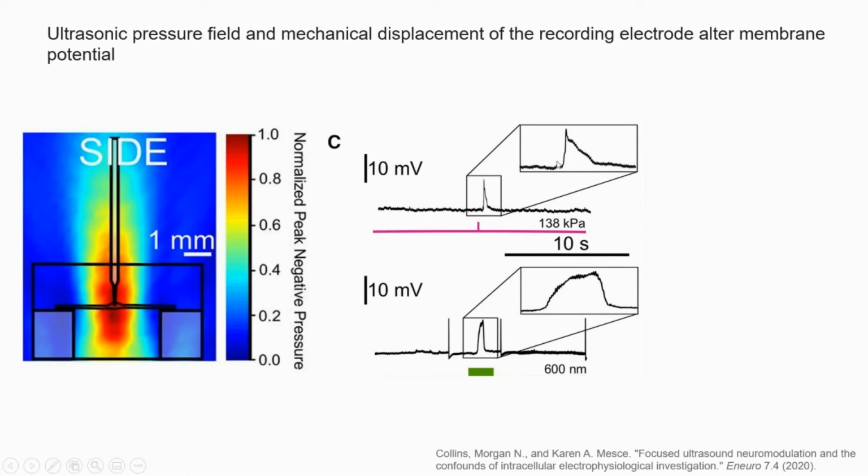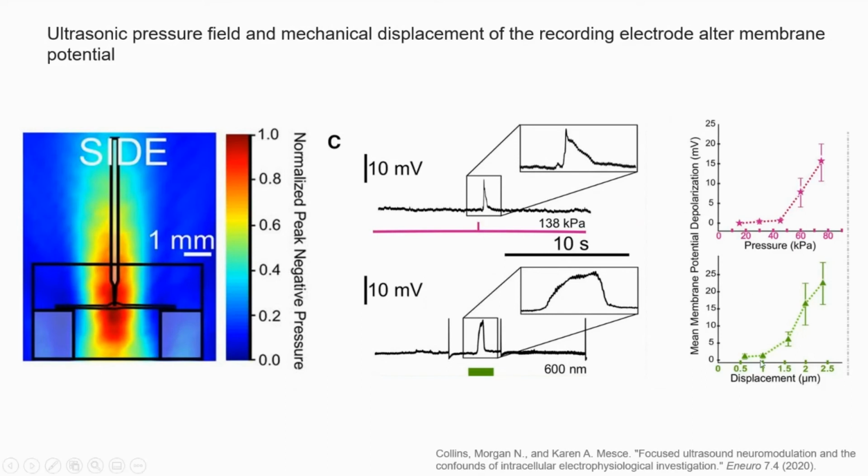You can see that indeed the cell does respond with a deflection in electrical potential. But unfortunately, he was able to do very similar things by simply moving the pipette up and down. And the reason that this is a problem is that if you're hitting this thing with ultrasound, you're going to get some radiation force upwards, and you're actually going to move the membrane around the glass electrode. So you're going to have an effect that looks a lot like just moving the pipette up and down. And now the question becomes, is this because of neuromodulation, or is it because the pipette is simply moving relative to the prep?